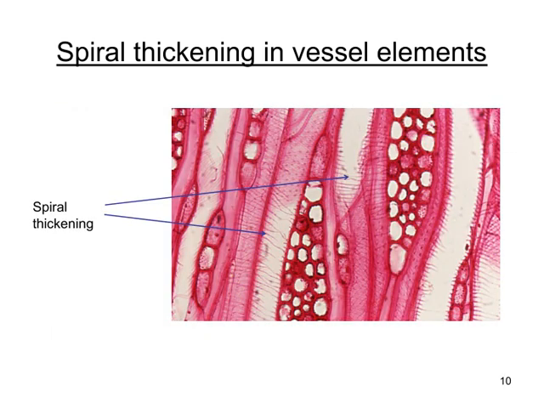Let's take a closer look at spiral thickening in vessel elements. This is a fascinating feature where the cell wall develops a spiral pattern of thickening. It's particularly interesting because it plays a crucial role in maintaining the structural integrity of the vessel while still allowing some flexibility. This type of thickening is often seen in certain types of plants,